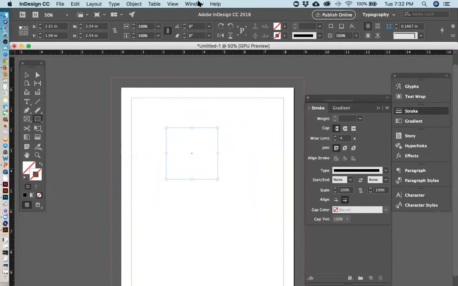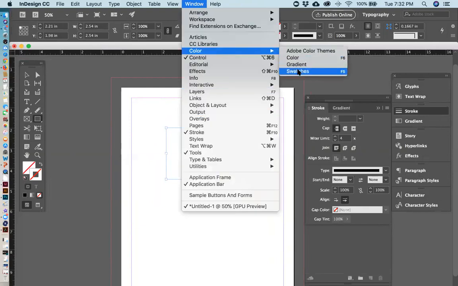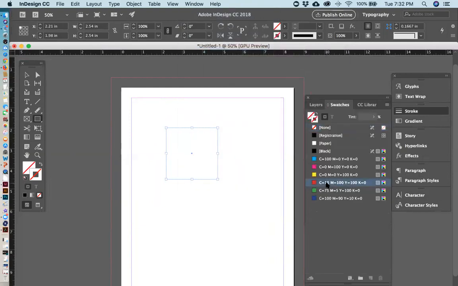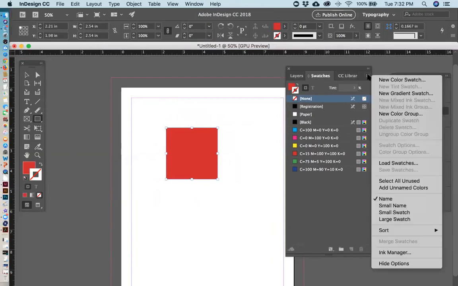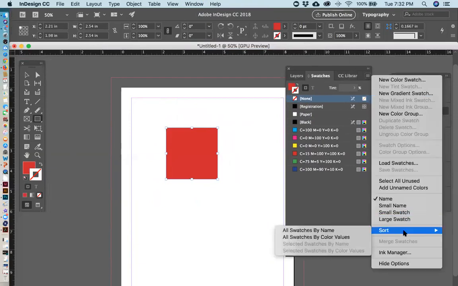Again, go to your swatches. Where's my color swatches? Up here. Colors. I guess I disappeared. There we go. Color swatches. You can find other swatches too under here if you want to. See where the panel is there, it says swatches. If you click on the upper right hand corner, you can go,